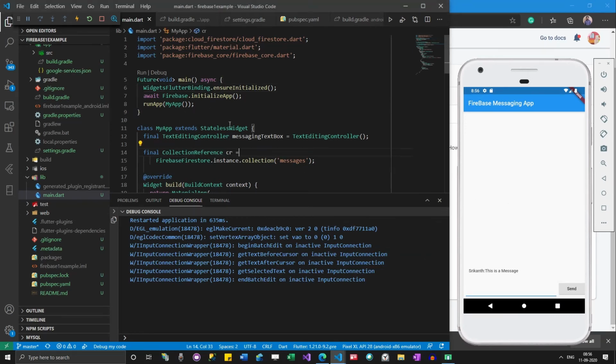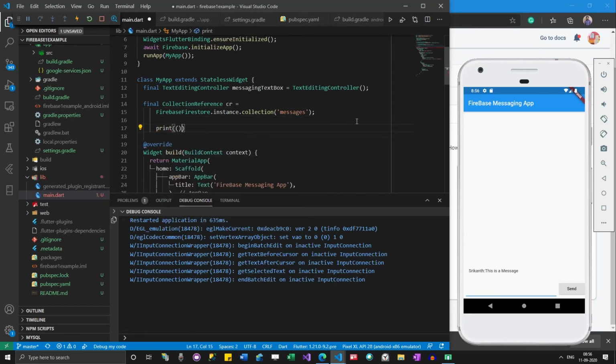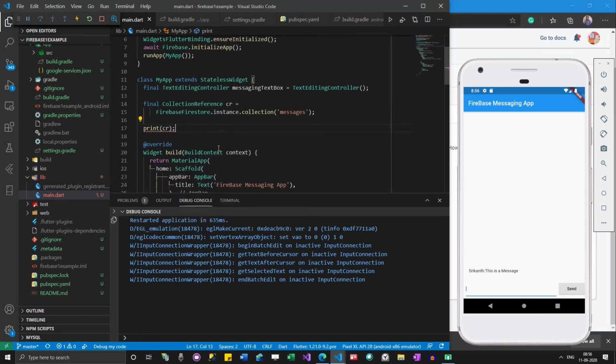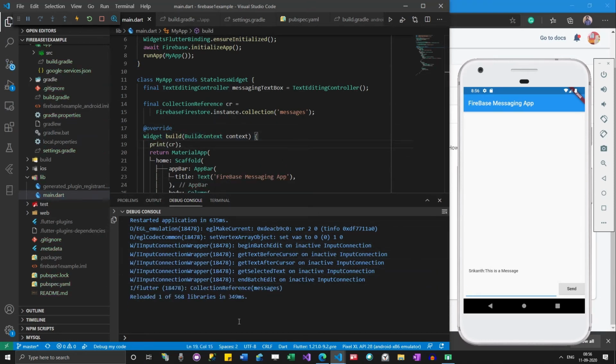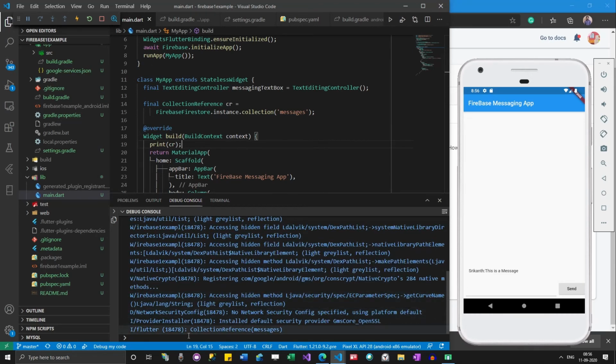So now what I want to do is see what's there in this CR. So let me put it here. It says it has got a collection reference of message, so it has some messages inside it.